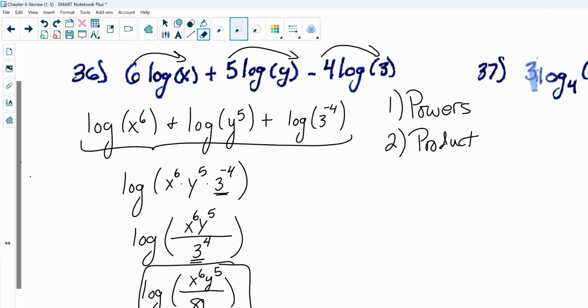We'll look at 37. Again, we start with exponents, telling us that we have log base 4 of x to the 3rd, plus log base 4 of y to the 9th. Since we didn't have any subtractions or negatives in front of either of these, we just take the positive exponent. Now since we have 2 logs